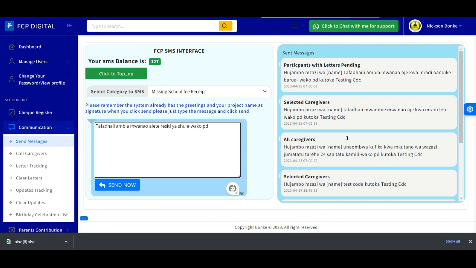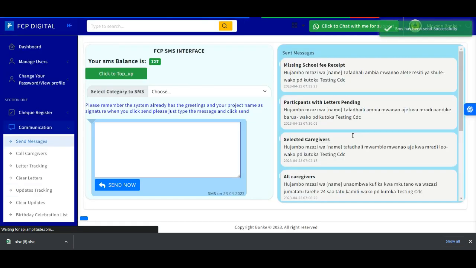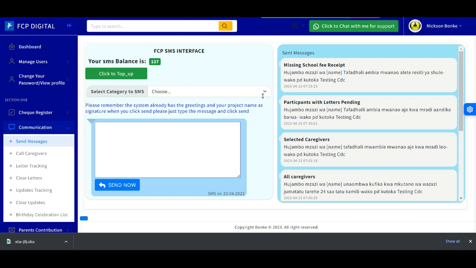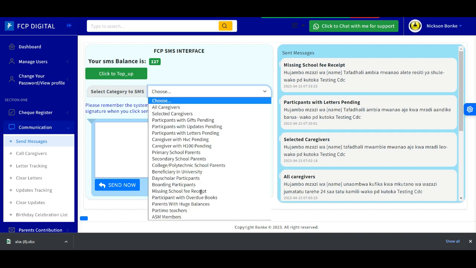So when you do that and send, it will go to those with missing receipts alone, and it will show here missing school fee receipts. So that will go only to those with missing school fee receipts. So that will help you to send messages to them so that they can bring the receipts. Another one is